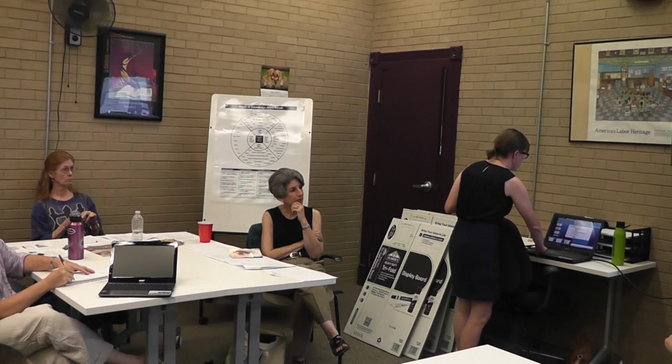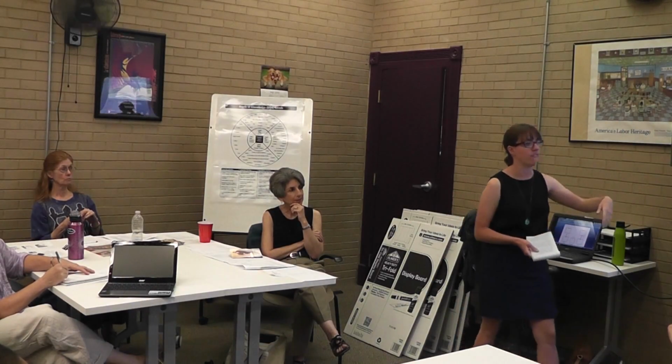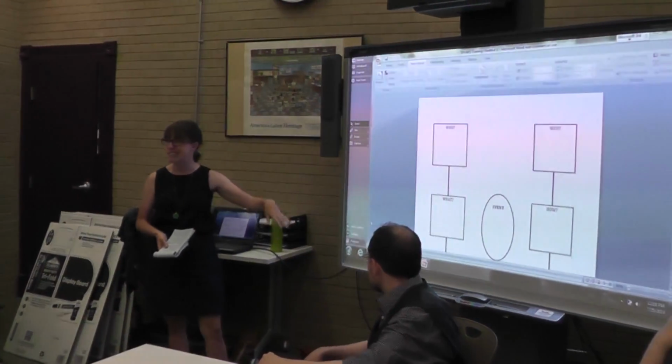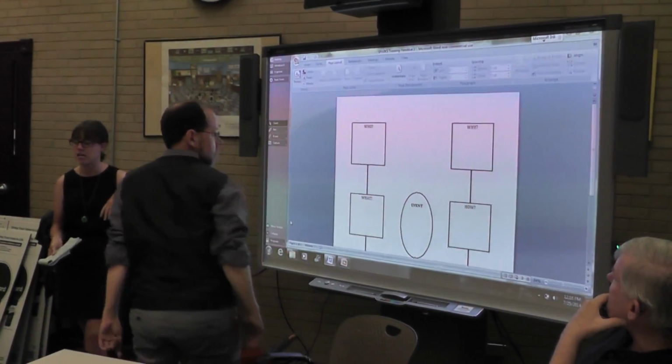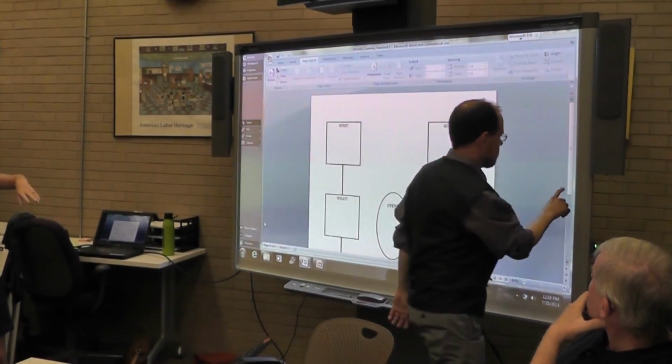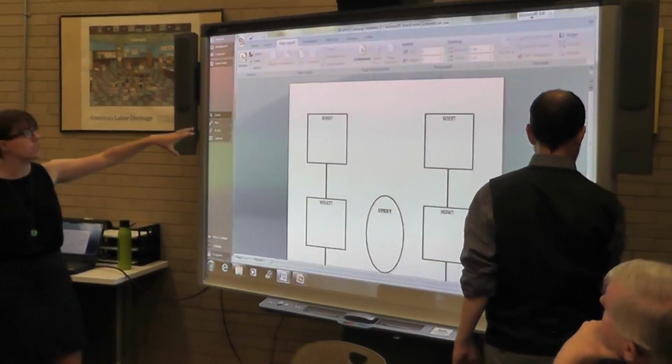Your key information on a simple graphic organizer. So you see, this isn't a flashy organizer or anything, but what this organizer does is it gives students